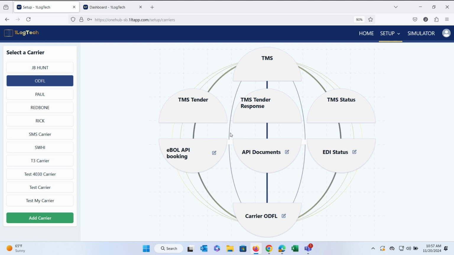What we do there is we'll have some that we build, and we'll add those to our library. But we also give you starting points. So if you have a new carrier that's not in our library, we'll give you a starting point: here's our canonical form of the API, or the EBOL, right? And then on the other side, you can say, okay, now I'm going to put what this particular carrier wants for those fields. And again, you can customize that.